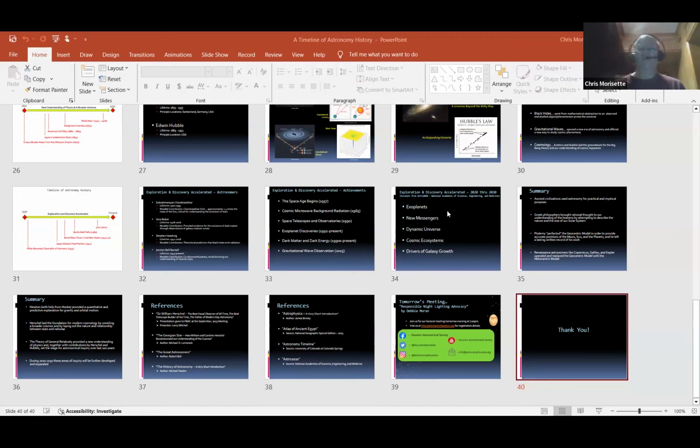Henrietta Swan Leavitt. Again, I don't know much about her, and I think it's fair to say I probably should have taken a look at that. But again, given the time constraints I had to really narrow things down, so that's why I didn't include any information about those three. Did that address your concerns, Brooke, or did you have anything else you wanted to ask or say?